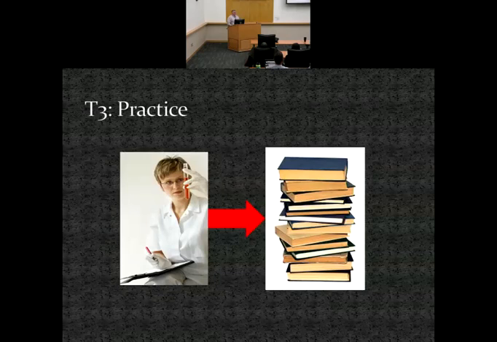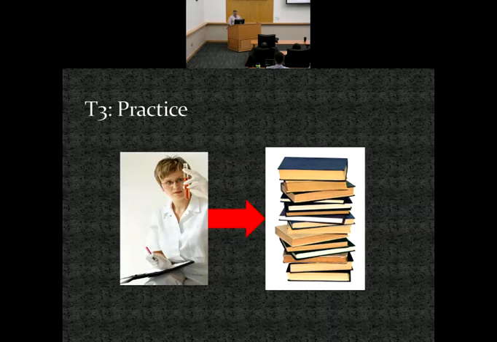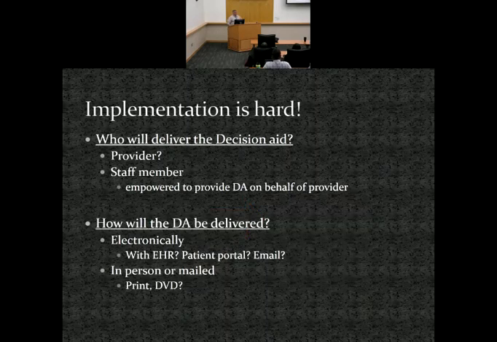So moving on to T3, this is the problem. I mentioned that Cochrane review, 115 trials. And these are all beautiful little studies where the research assistant approaches the patient, they sit with them, and they make sure they watch the decision aid, and none of them are getting used in practice. This is the sort of bench to bookshelf phenomenon. This is why over the last 4 or 5 years in my career, I have migrated and have been doing a lot of work in implementation science with Russ Glasgow and the implementation science program. Most of the grants I've written in the past 4 years have been implementation type grants. Because implementation is really hard.